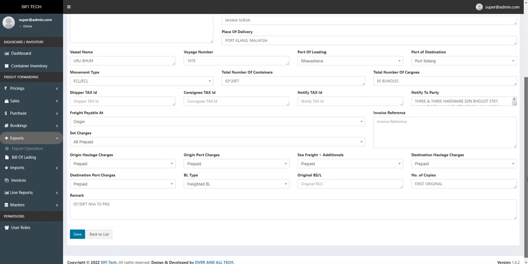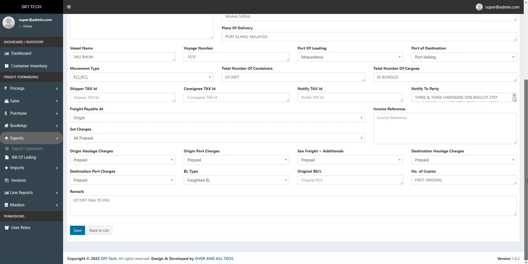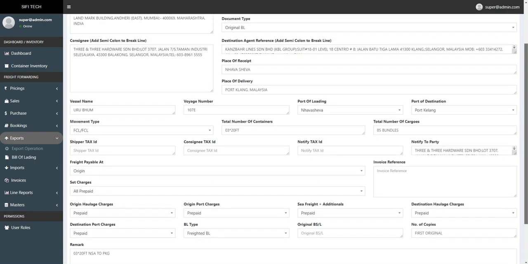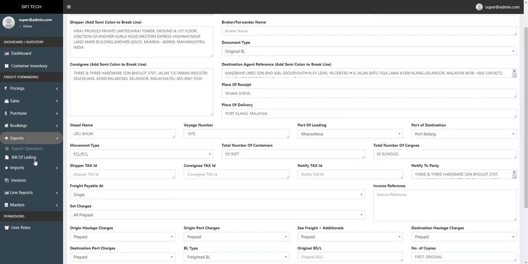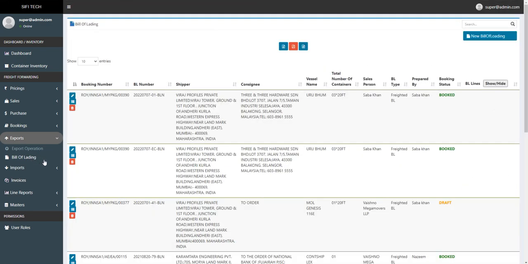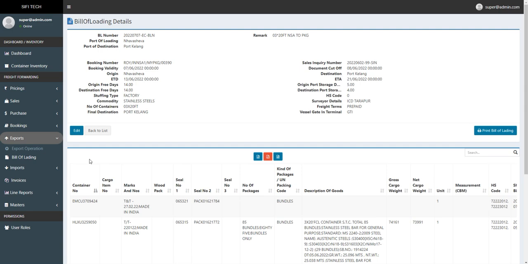There are other details regarding the vessel and the location of that vessel. So let us go back to our bill of lading index screen and look for advanced information. So I click on more details